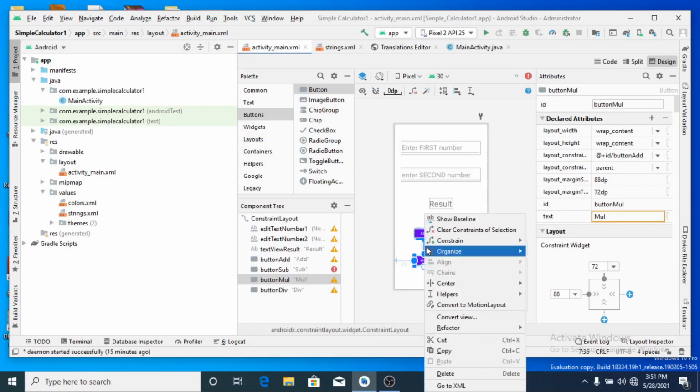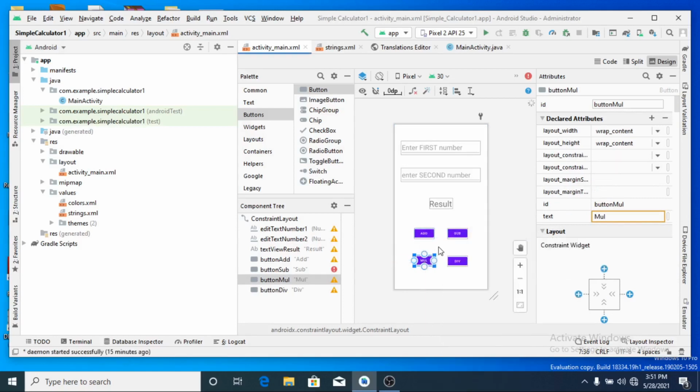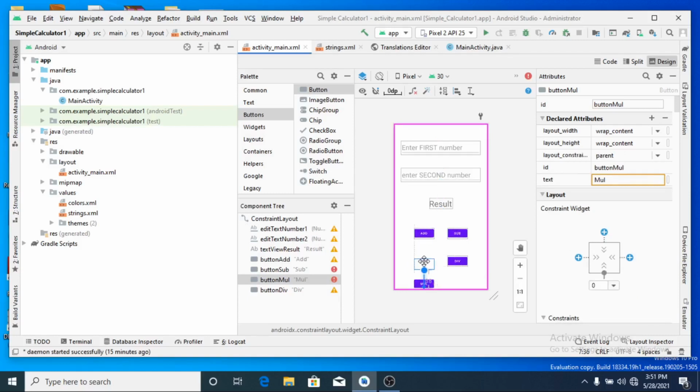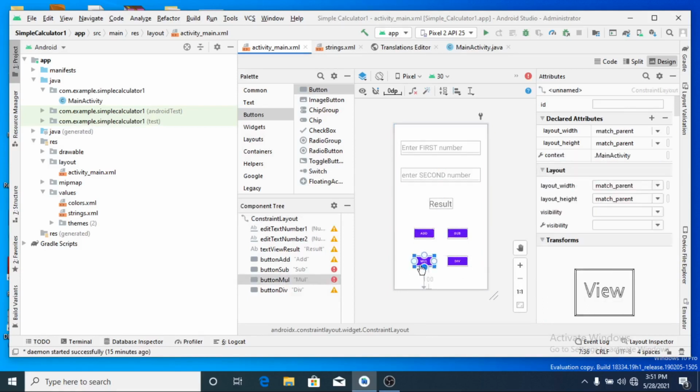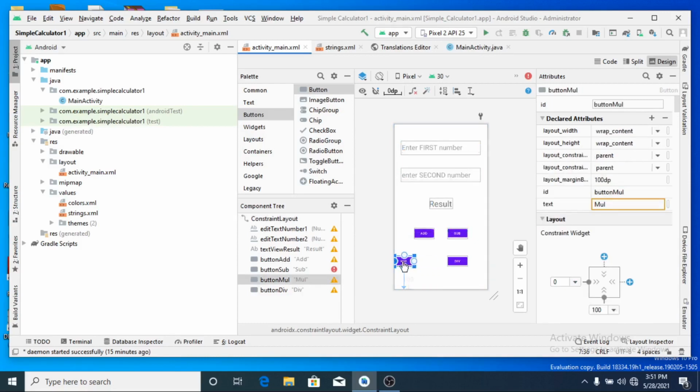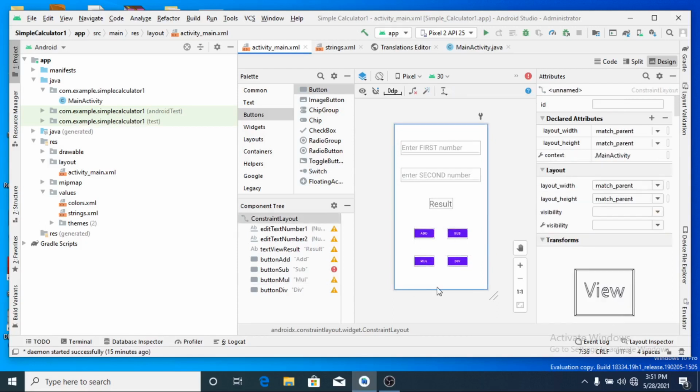Okay, I remove this constraint and then make it here. Right, and right, everything is set now.